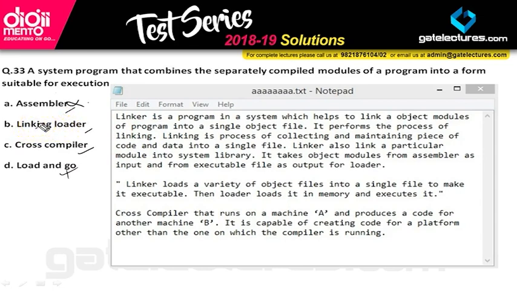A linker, what it does is, when we execute a program, there might be many files. For a single program to execute, we will require many files, and they might be anywhere in the program, and due to dynamic linking also, they will be combined during the runtime only. So that work is actually done by the linker. It will combine all the files at the runtime and then will execute them, first converting them into a single file and then executing it.